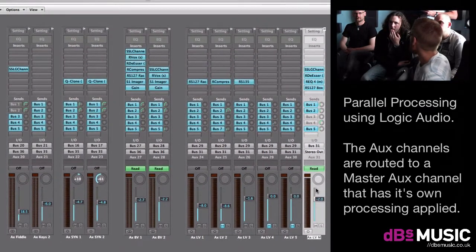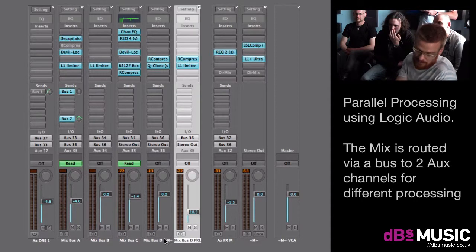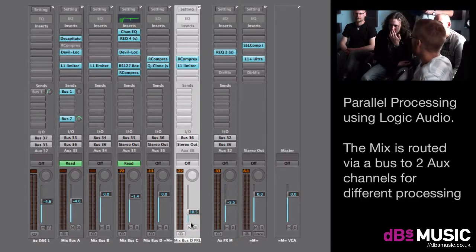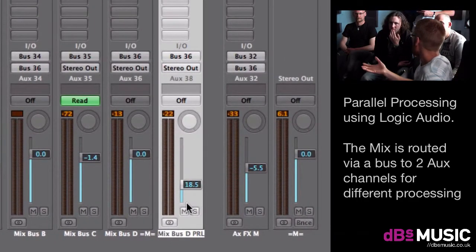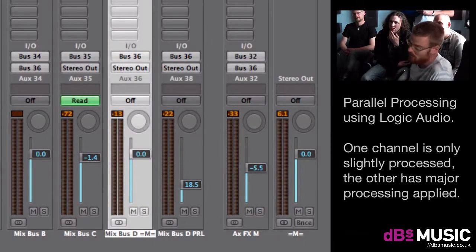So that's something you can apply to just about anything from a guitar to drums. It's a common technique used in drums, or even in this case, I've got a lot of the mix being routed to a bus, and that comes up here. So my mix comes through a bus there, and then it also goes through that one where I've hit it really hard, and I keep that low underneath, and you get the effect of allowing some of the transients through